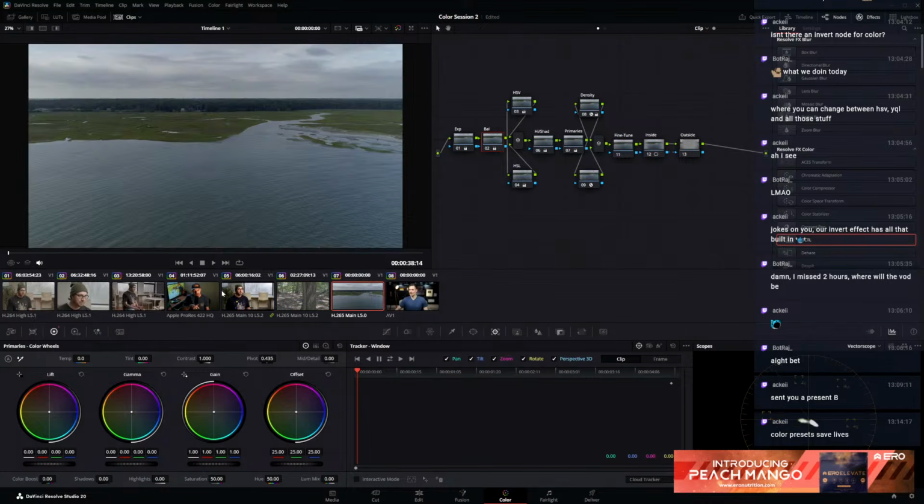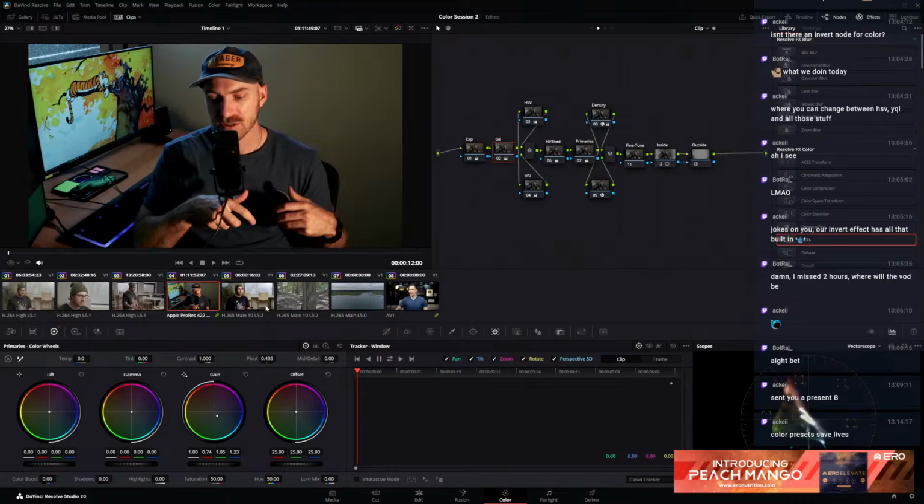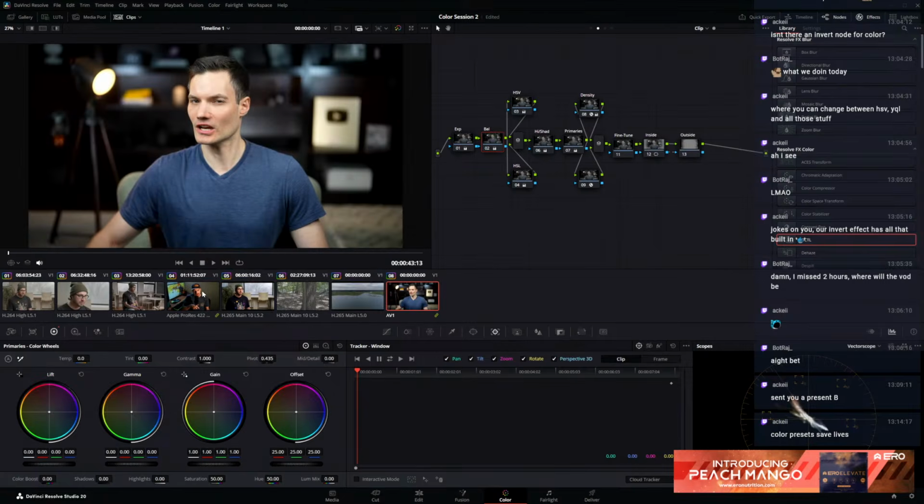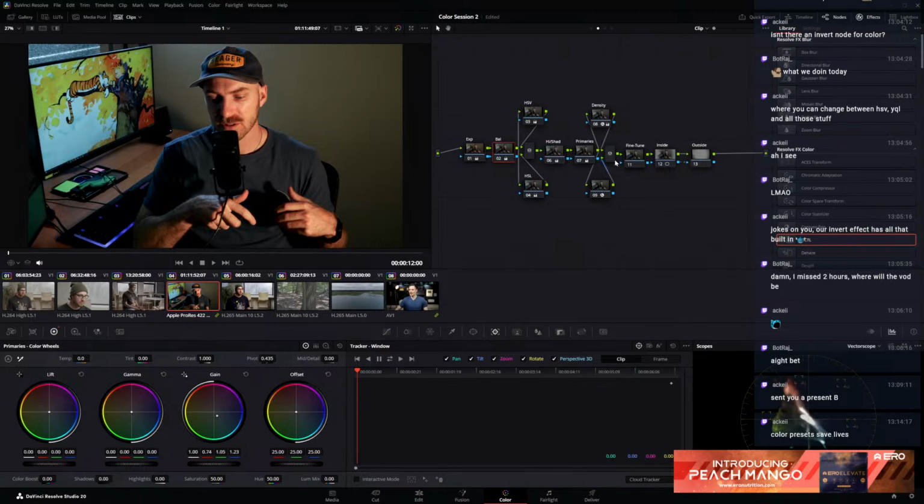So you set up a workflow where you keep trucking through like that, and now you have stuff that's balanced. You're running through your clips, and then you can go back, and I have my contrast and primary actually after my HSV HSL. That's just a weird quirk of my workflow. You don't necessarily have to do it like that, but this is a great way to consistently go through all of your clips really quickly and get stuff done as fast as possible